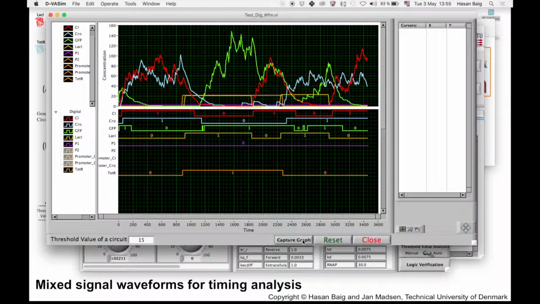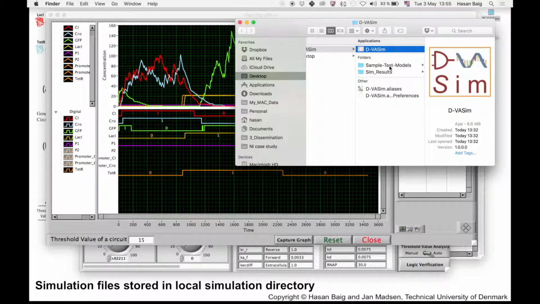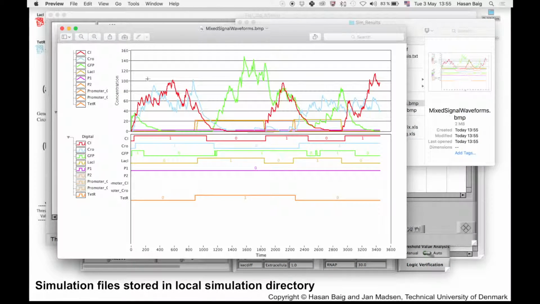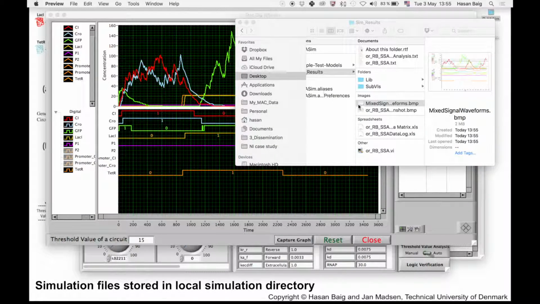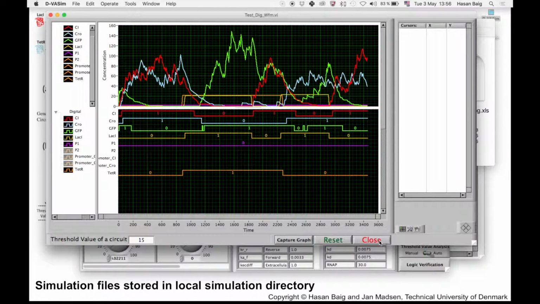So we can also capture the graph, and we can see the files that we have generated here, which is the mixed signal waveform graph, and this is the whole simulation data. Now we can close it